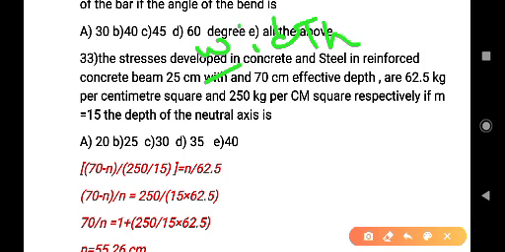If m equals 15, then the depth of neutral axis is...